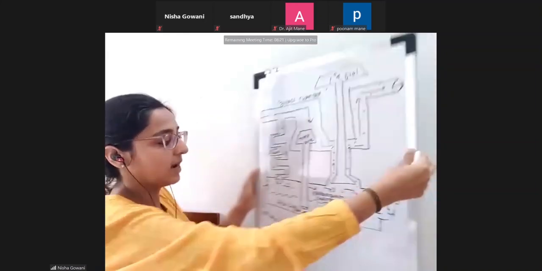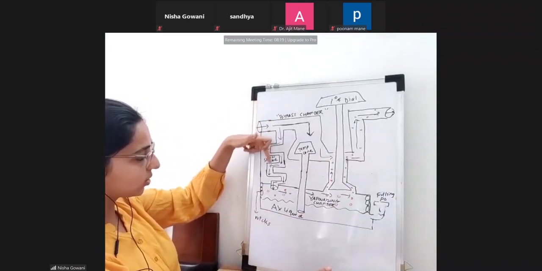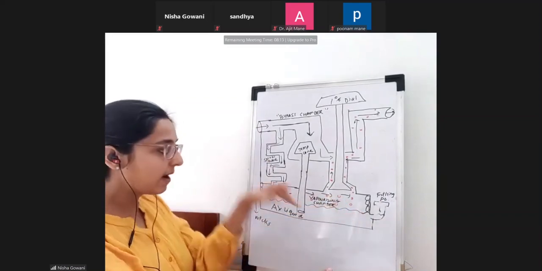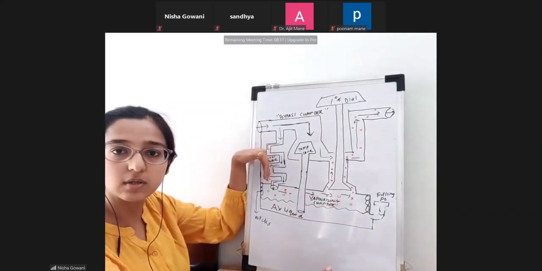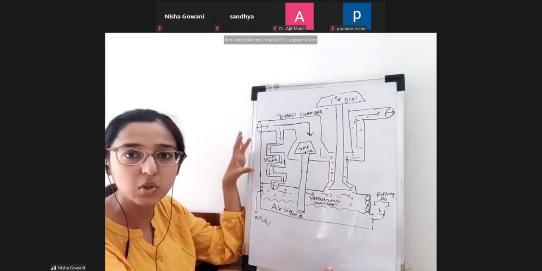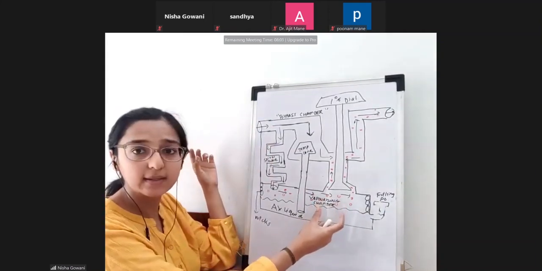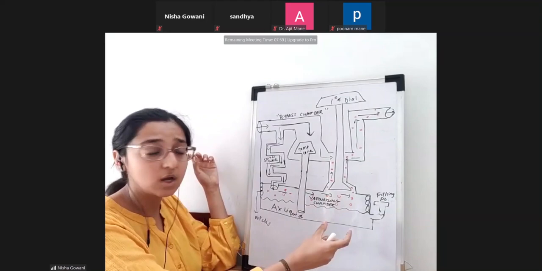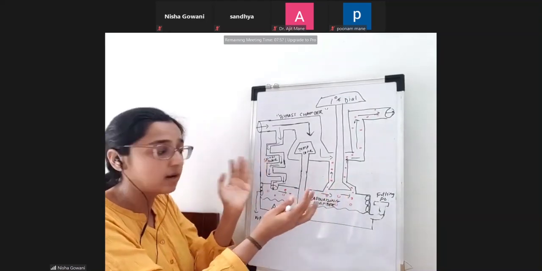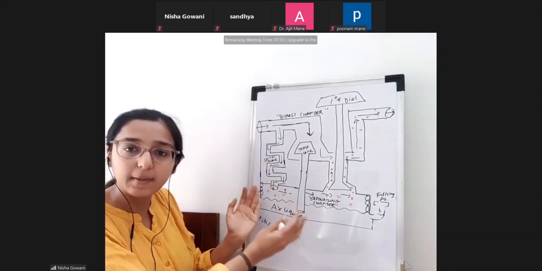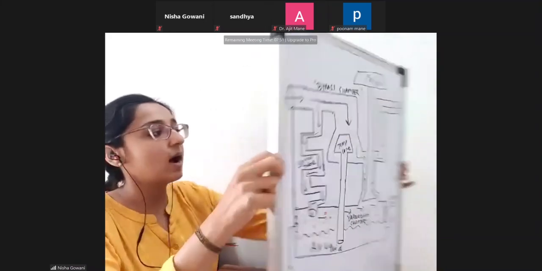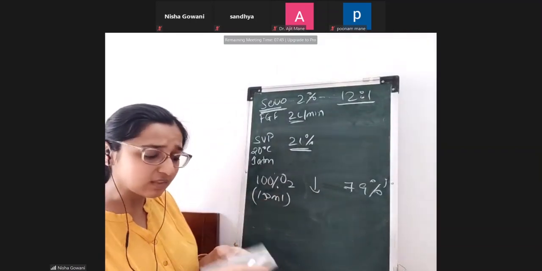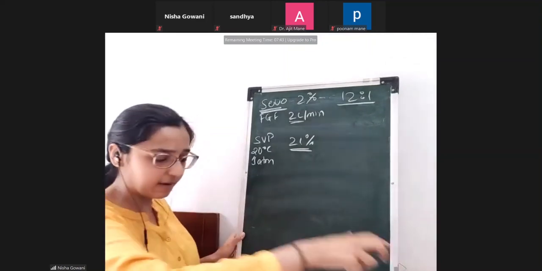Okay. So how will we know? I'm telling you here that this 150 ml oxygen came here. 150 ml of oxygen is over here. And when it was coming over here, this was 100% oxygen because all the space was occupied by oxygen. But here, who is there to occupy the space? Sevoflurane vapors are also there to occupy volume, right? So 21% is occupied by sevoflurane. So now 79% is going to be occupied by oxygen. Now I know 150 ml oxygen is there. So how much sevoflurane will be there? That we have to understand.